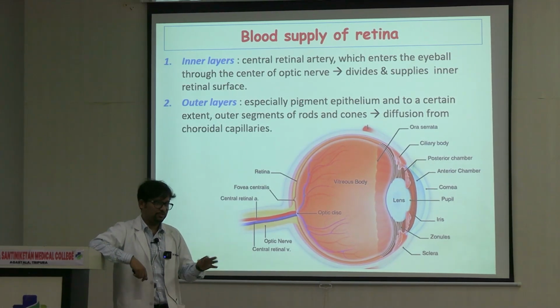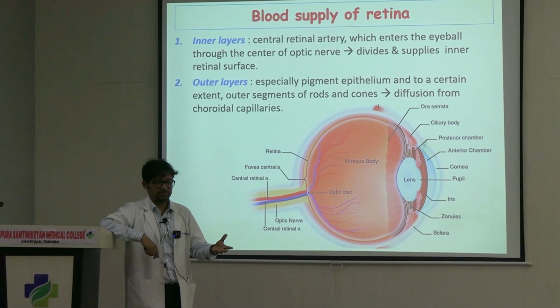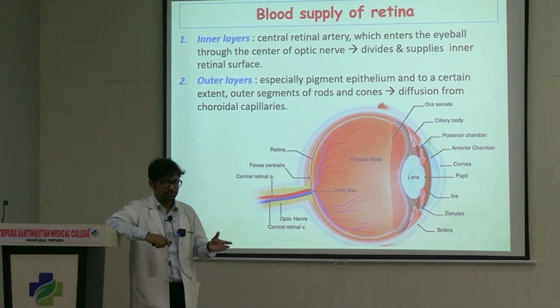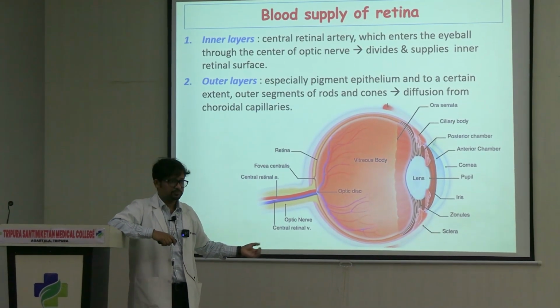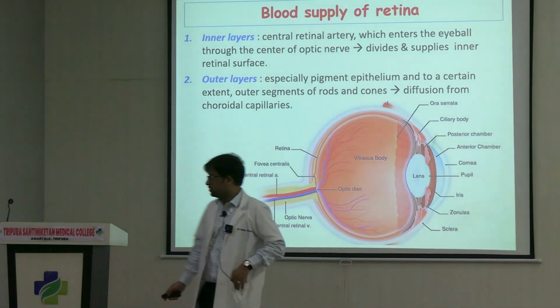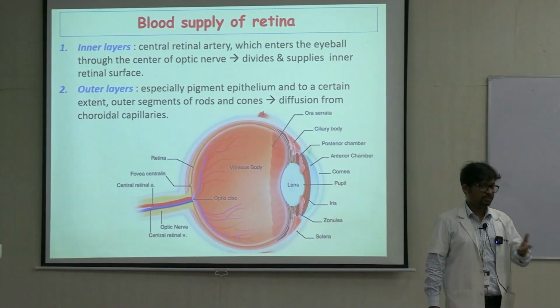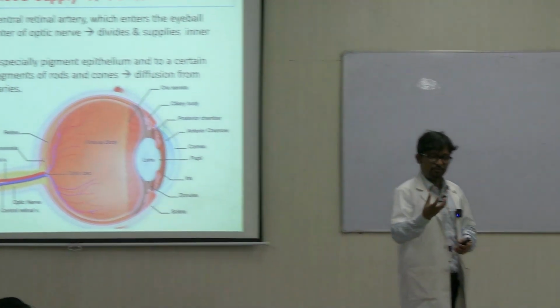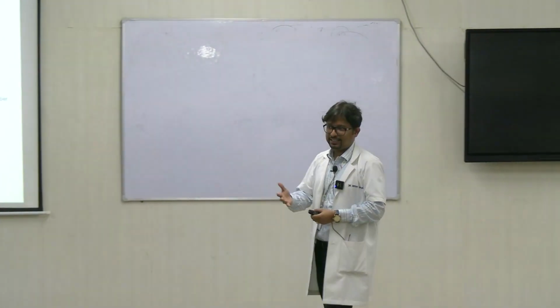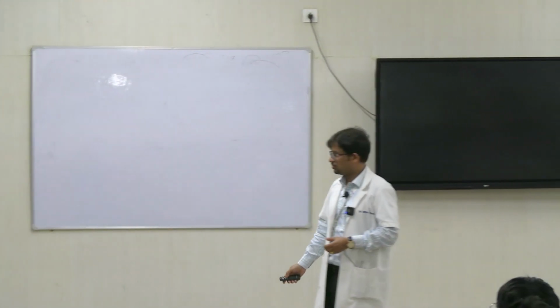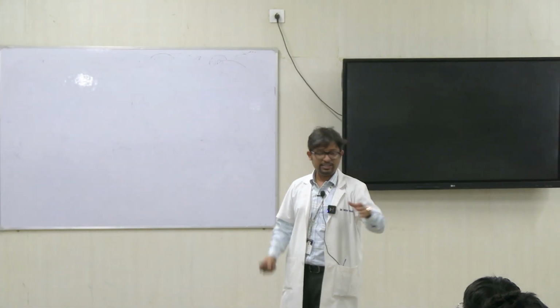Embryologically also you will read about this. The development is different, and the blood supply is also different. Exudation happens, as in different retinal detachments, where fluid collects somewhere. So this is the plane at which the separation starts to happen: the first layer and the rest of the layers are separate.